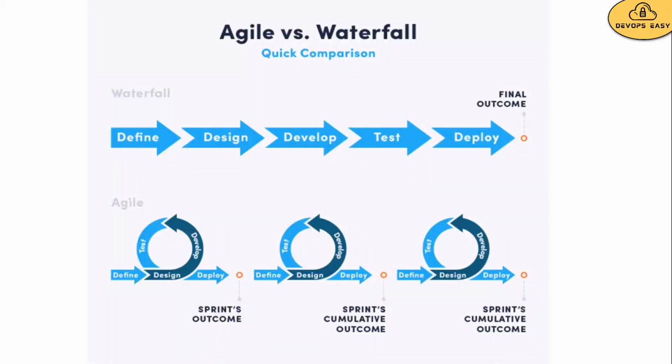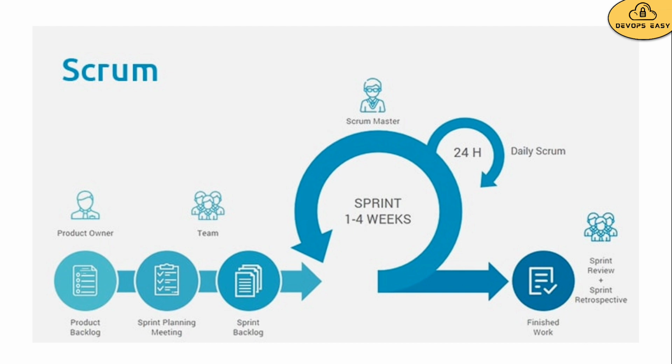So if you see, this is the difference between waterfall and agile. Coming to waterfall, they used to take a total of 1 year to create the project, and they used to follow the process. Coming to agile, it's not like that. They used to divide everything into parts, and develop like that. So for agile also, they will follow some method. The majority of the companies are following the scrum methodology.